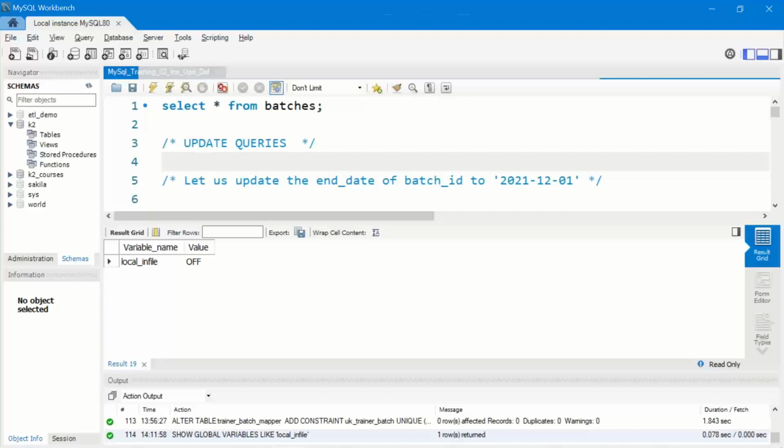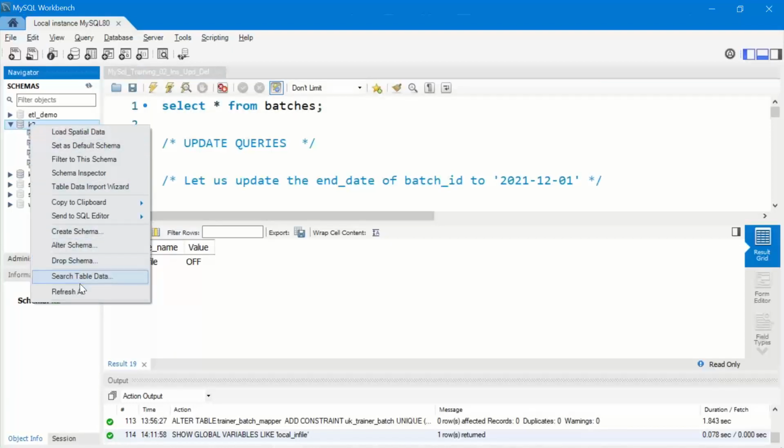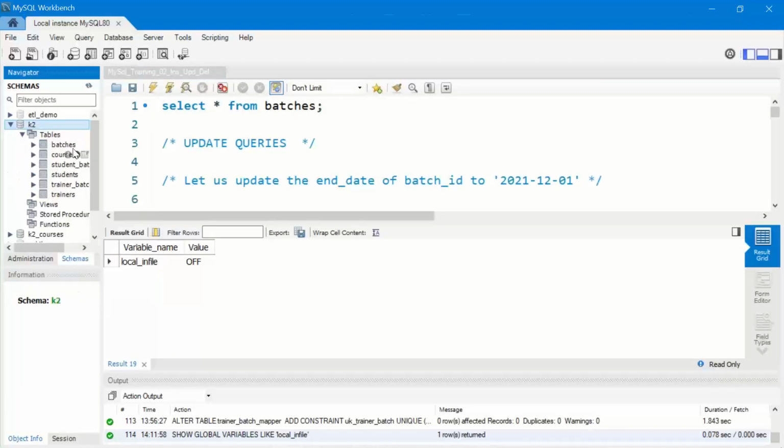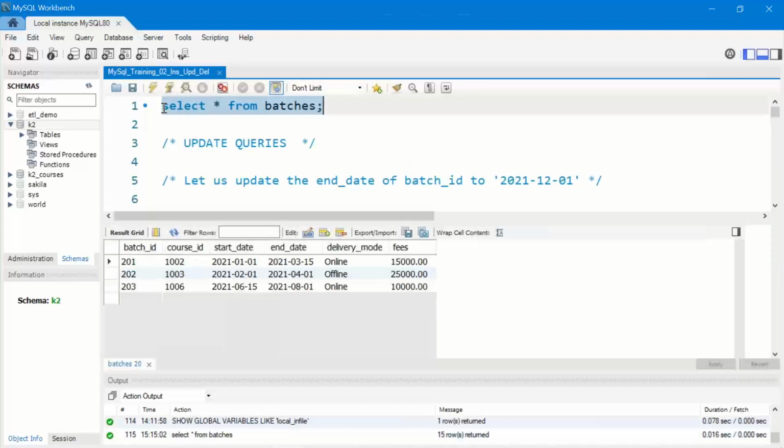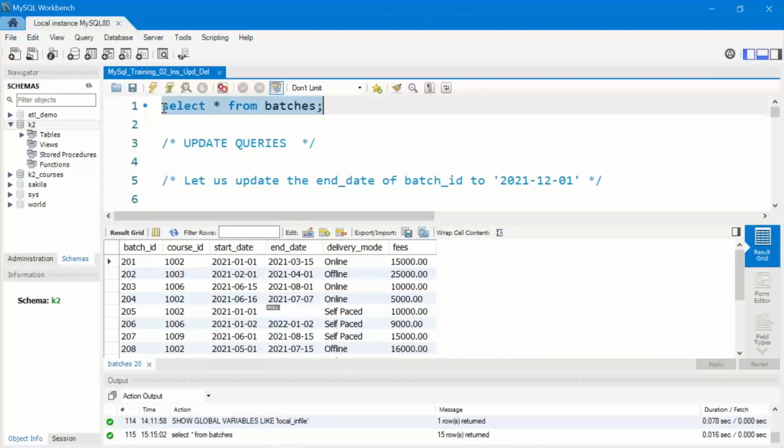DML, data manipulation language. As part of DML, we have already executed insert syntaxes. We have already executed select queries, and we created the schema K2, and in this K2 schema we have various tables, batches, courses, and so forth. So quickly we'll run select star from batches, and while we run the query,